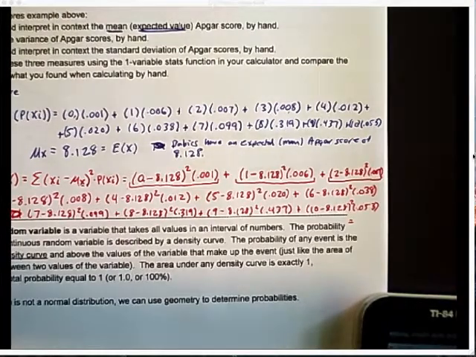I'll go 1 minus that squared times 0.006 plus 2 minus that squared times 0.007 plus 3 minus that value squared. Remember to put parentheses. Okay. 0.008